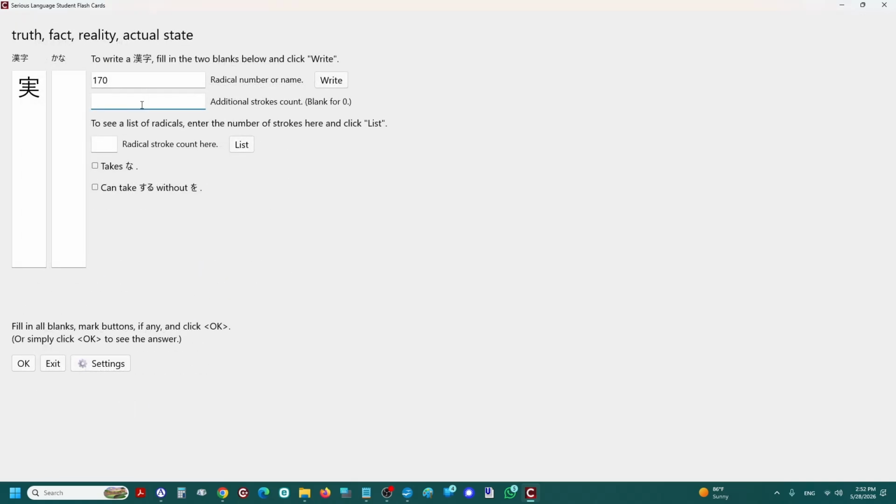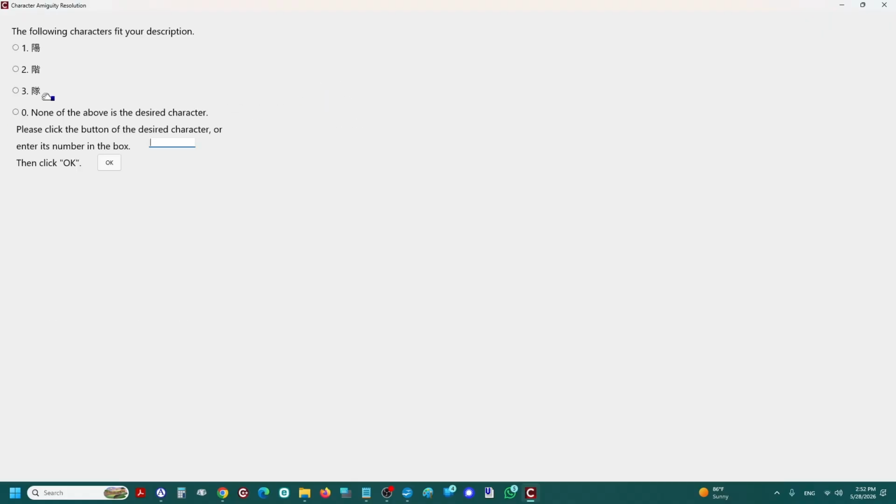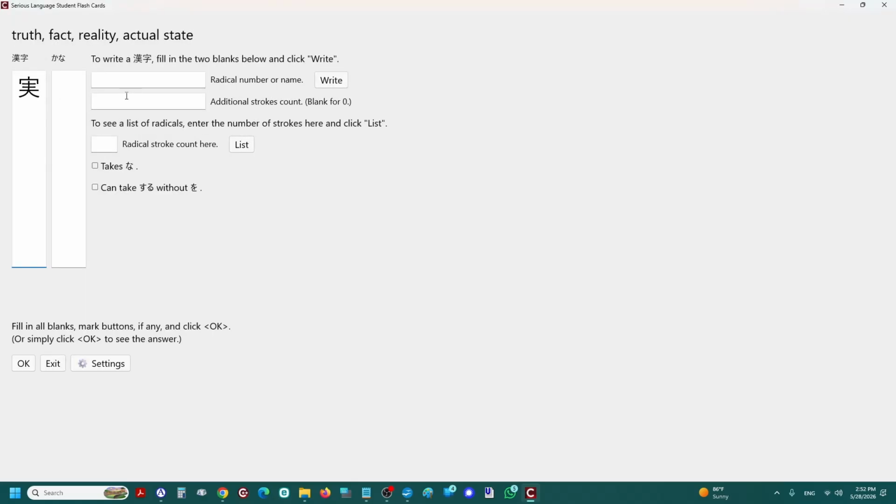And now the additional strokes, I believe, is 9. And there are some choices. And the psi of jisai isn't there, so it must be more. So I remember now that Left Village is 170. And is it 10 additional strokes? Nope. So I will back out. Notice we didn't have to choose an option. The 170 plus 10, that's the only kanji that the program knows, but it's not the one they want, so